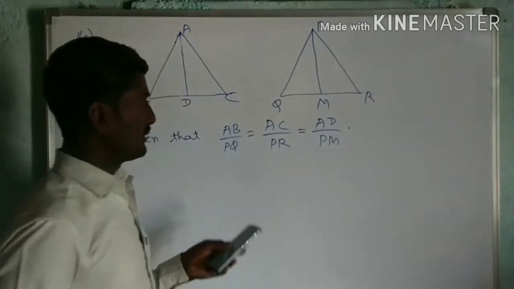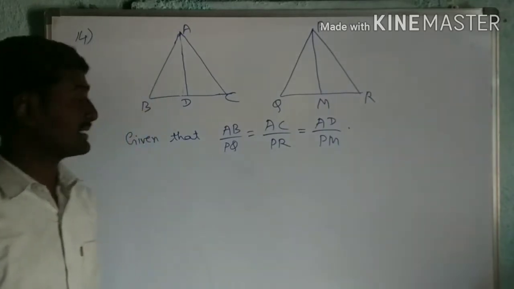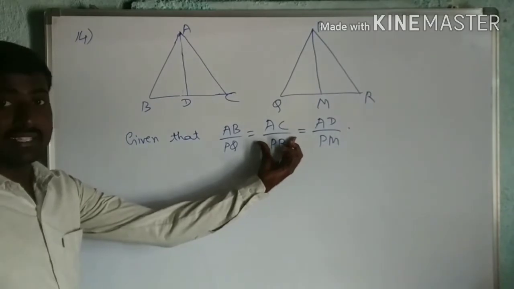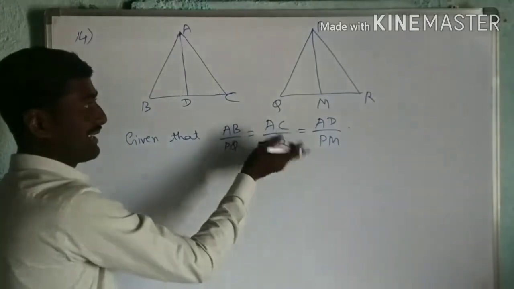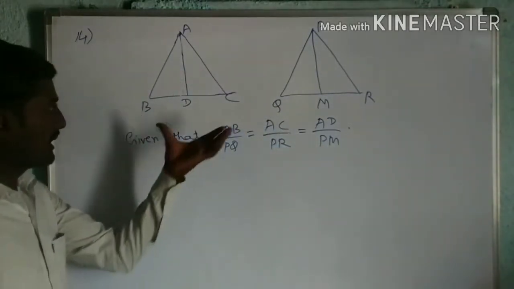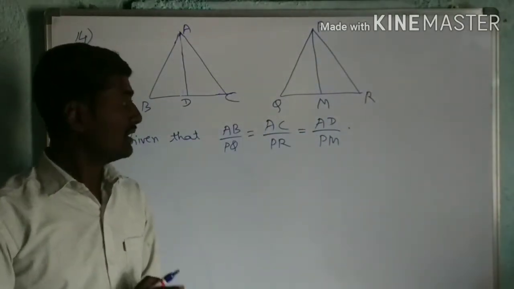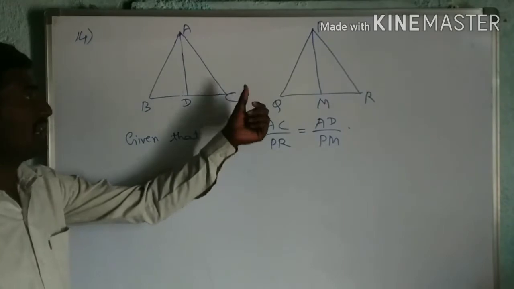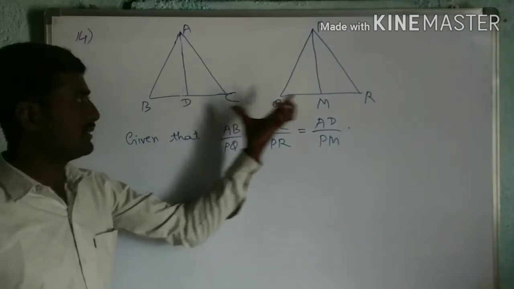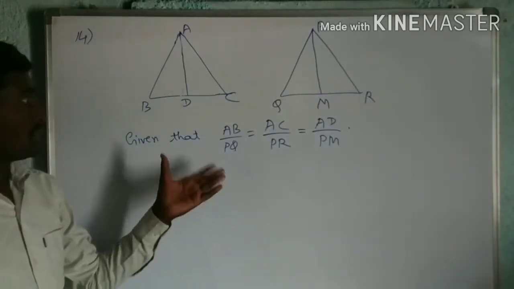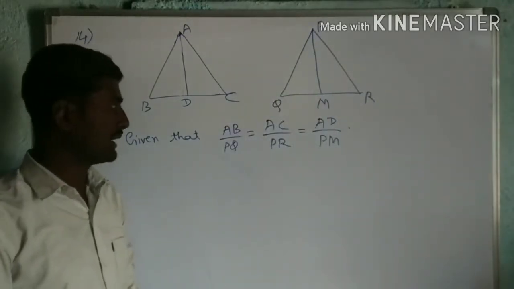Okay, so this is the same as question number 12, but here some difference is there. In place of this, they have given BC by QR. So this is different. If they had given BC by QR, we would easily get it, as we already saw in question number 12. But here they have given AC divided by PR. Now, how to prove triangle ABC similar to PQR? How can we prove it here?